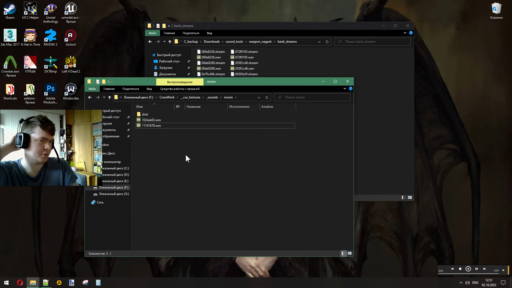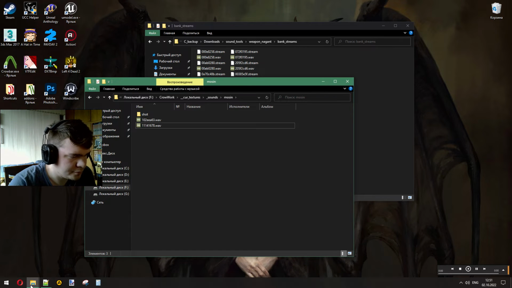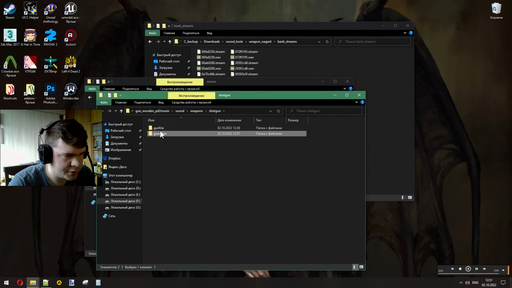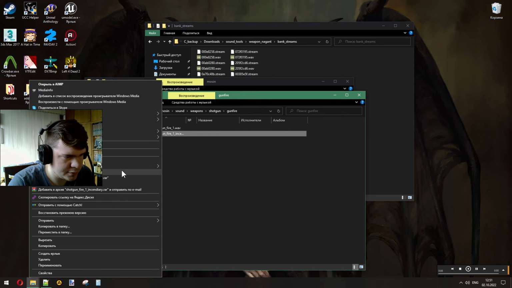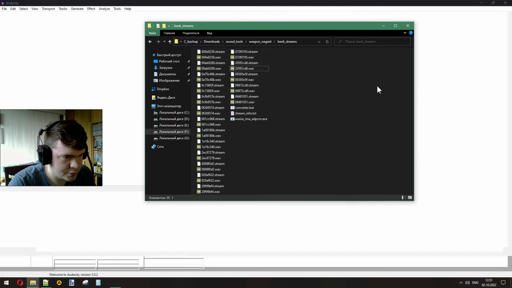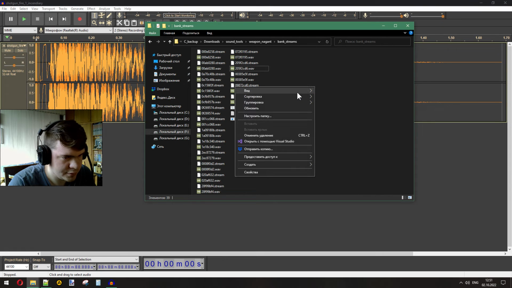Better than nothing anyway. So load shell, we'll keep the default ones. Gunfire, they are identical in length, so let's use two slightly different